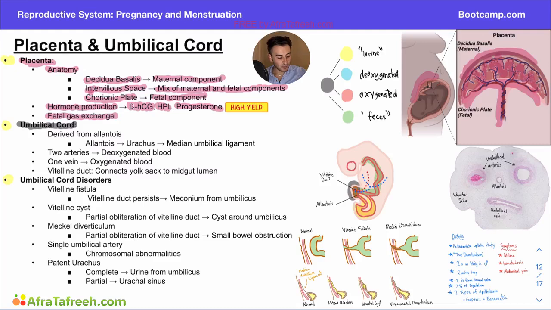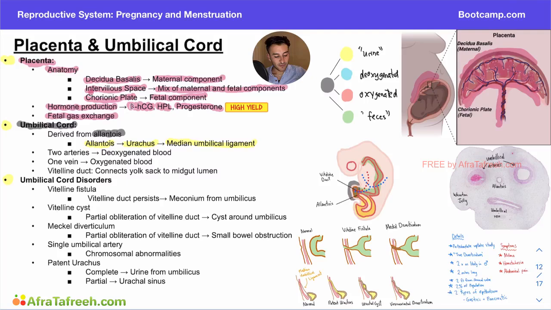So we have the allantois, which we said was this black structure that is responsible for a bunch of other derivatives. And so let's start out by talking about the allantois, which is going to turn into the urachus. And if we look at the urachus, it's going to be this yellow area here that is responsible for all the urine management and basically the primitive bladder of our embryo. And eventually the urachus, after the bladder has fully formed, is going to go ahead and regress into the median umbilical ligament, because we no longer need a connection to mom if the fetus has a well-working bladder and external